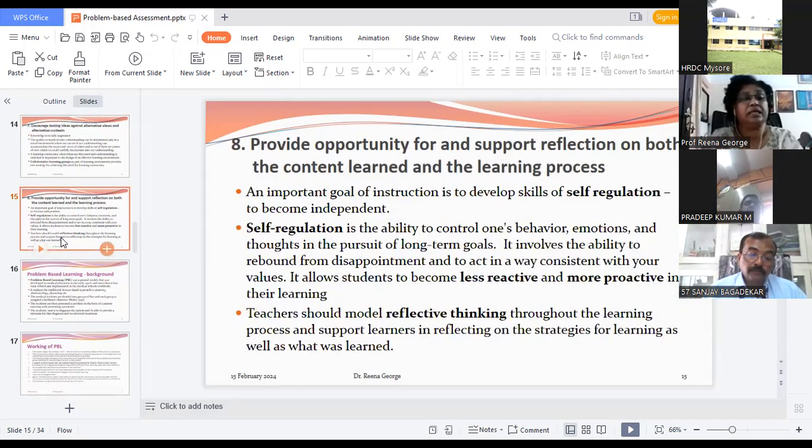Now the last one, eighth one, is provide opportunity for self-reflection on both the content learned and the learning process. Okay, we must reflect on the content that we have learned. Okay. Again, I am going back to the example of Mahabali and Mahavishnu. And in the concept of Dashavadara,